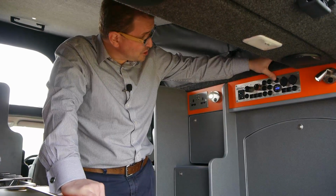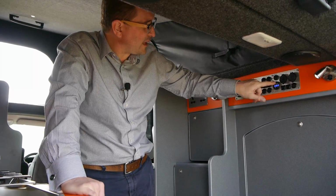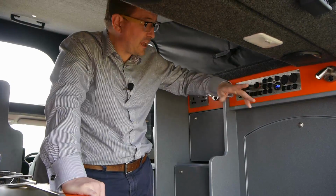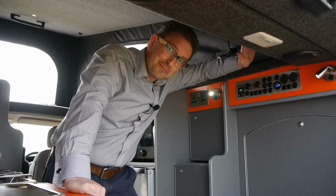You can check how your batteries are doing. Check the vehicle battery isn't going flat. We're on 12.5 volts, that's pretty good. And the leisure battery that powers the accessories in the back, that's sitting on 12.8. And that, of course, is a bit higher because we're in sunshine and this vehicle comes with a solar panel